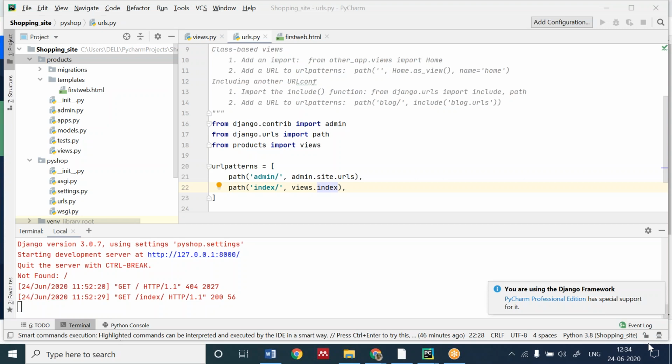Shreyas, write from and then press Control Enter or Tab. Then see some hint will be coming. In that hint, see whether products is coming or not. See, Shreyas, try this one.